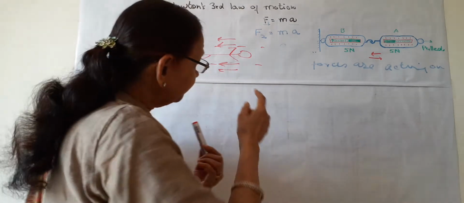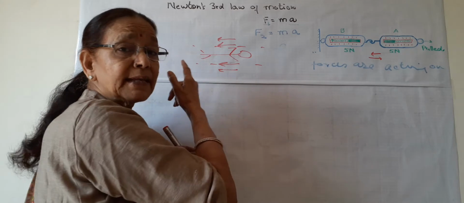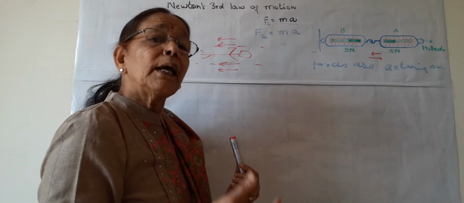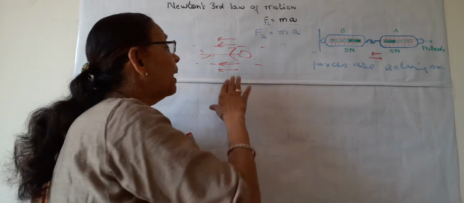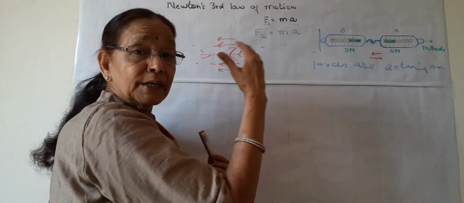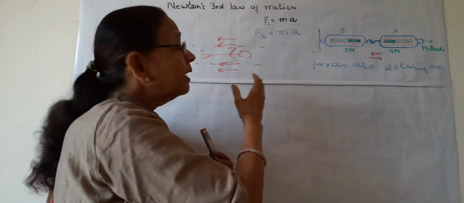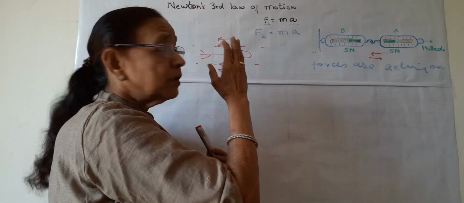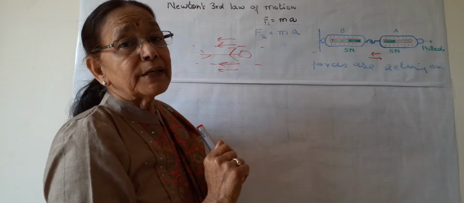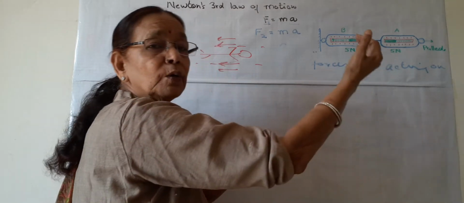What is this? The force applied by the swimmer is in this direction on water. The same force, the equal force, is exerted by water also. But as the direction is different, the water will exert this reaction force in the forward direction. So the swimmer will go in the forward direction, and the harder he pushes the water, the more he goes